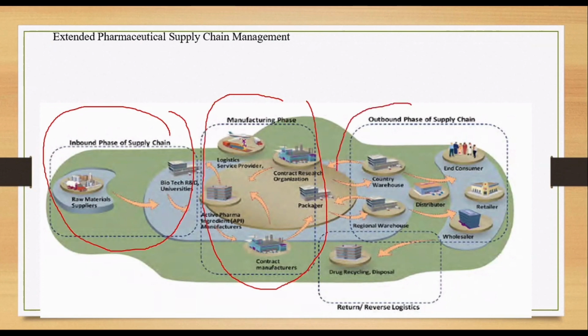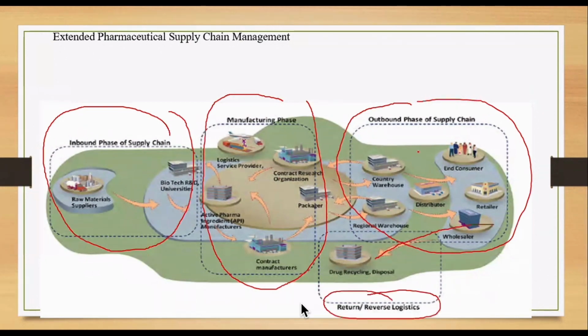The third segment is outbound. The outbound phase of the supply chain is again distribution, warehouse distribution, country warehouse, and all this. And through different distribution you have, and to the end consumer, the tailor, and again you have recycling. So all this recycling and disposal will be again reverse flow. This is called reverse logistics. Return flow. So these things will be again recycled to the manufacturing unit, and then again, so there is no